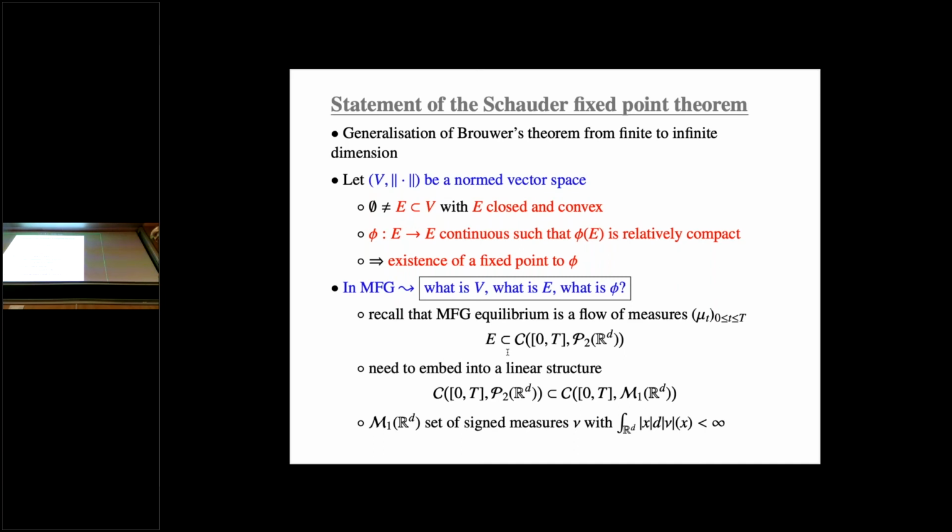Now, if you want a vector space, you have to embed your probability measures in a space of measures or signed measures. Typically, we use measures for which the integral of x with respect to the absolute value of the measure is finite. Whatever, you can forget the last part, the fact that you embed in M1. This was just to show you that we can embed in a vector space if you really want to apply a Schauder theorem. But anyway, you want to use this space and you are looking for a subset of it. This is one point.